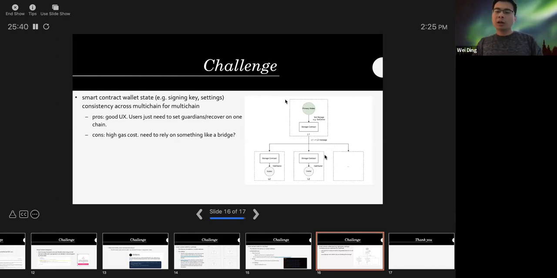But right now, every layer 2 has their own cross-chain message solution, so it's very hard to have a unified cross-chain message passing solution, where there is an anchor chain, and if some state changes, this state change will automatically trigger the state change on different chains through the unified bridging message.